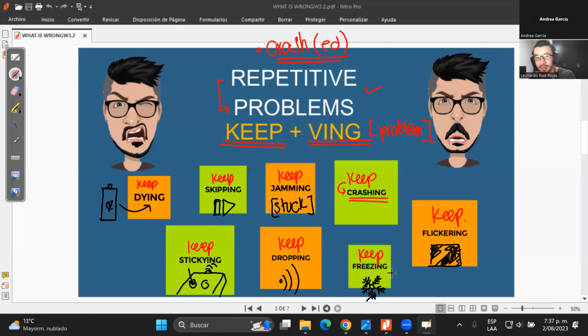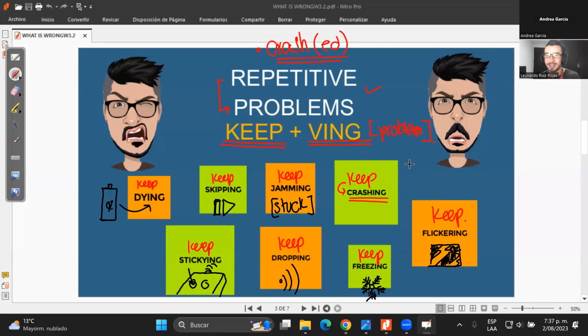Teacher, can you remind me crashing? Crashing, it means se murió. O sea, es decir, dejó de funcionar completamente. Ready? Not because of the battery, but, for example, in a computer, when I say keeps crashing, it means that the operative system died, right? So the operative system stopped working. So that's why I say keeps crashing.